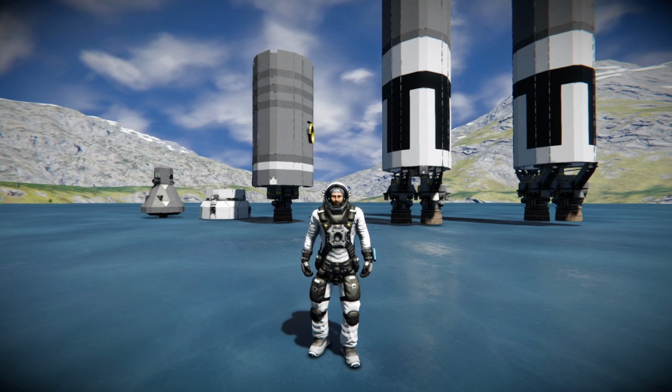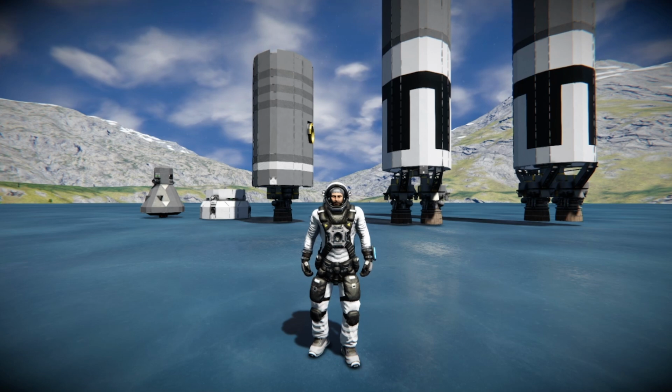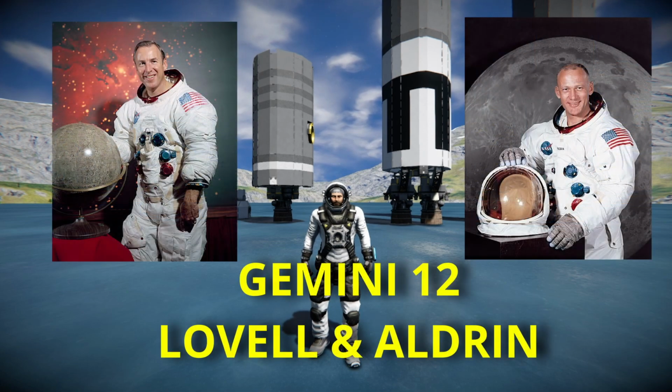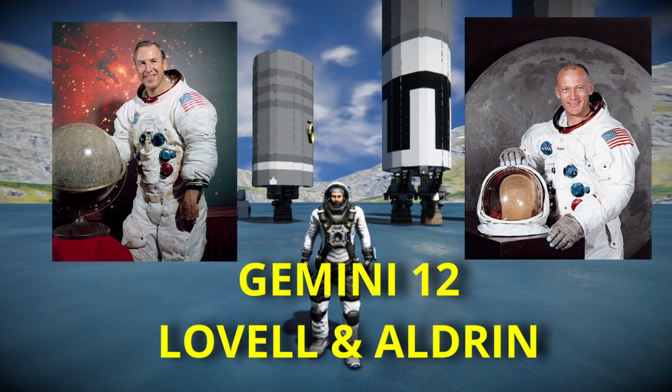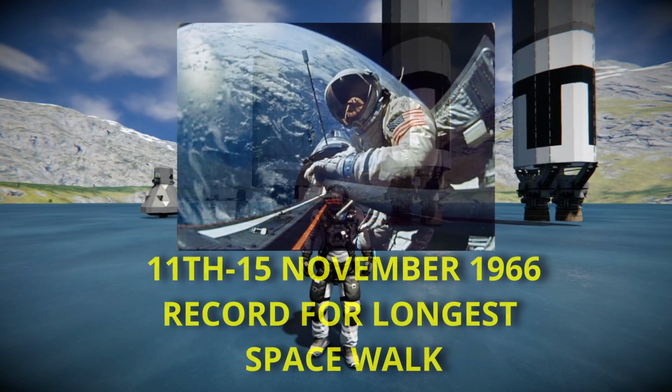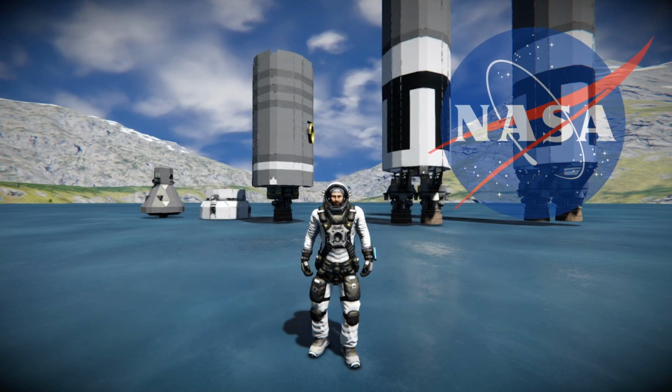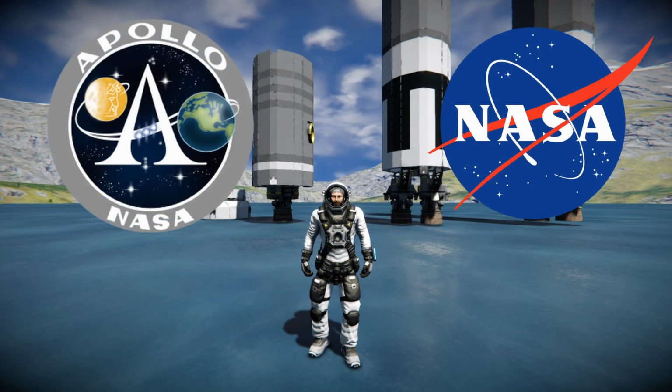The next 4 Gemini missions completed more of the same, with rendezvous and docking, with spacewalks, each one setting various new records. The final flight of Gemini was Gemini 12, with James Lovell and Buzz Aldrin. On the 11th to the 15th of November 1966, Aldrin set an EVA record of 5 hours and 30 minutes. All these missions helped NASA learn the skills needed for Apollo, so with the history out the way, let's recreate